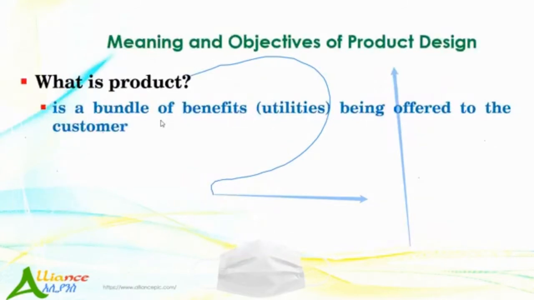So we buy a product. For example, you can consider a bottle of water in a plastic jar, or you can consider beer. I think most of you are adults participating in this training. There is a bottle, and we drink the beer, and the benefit is the beer that we drink. It's not the bottle.